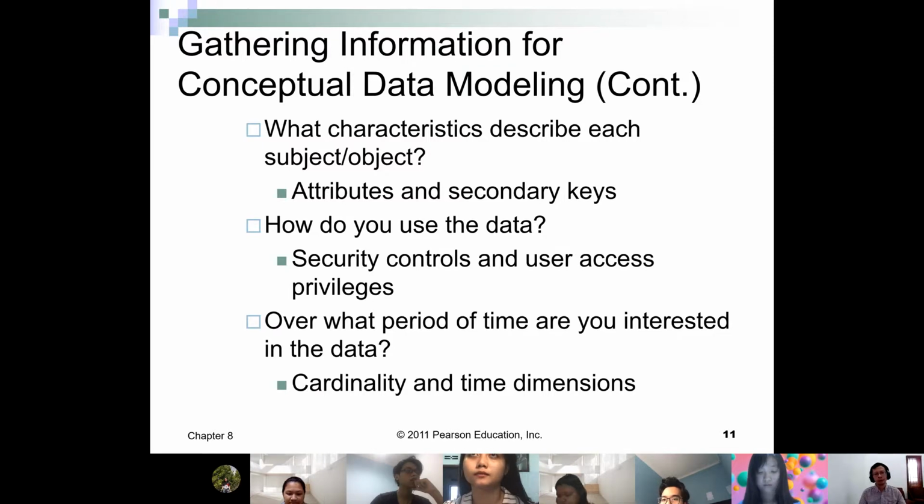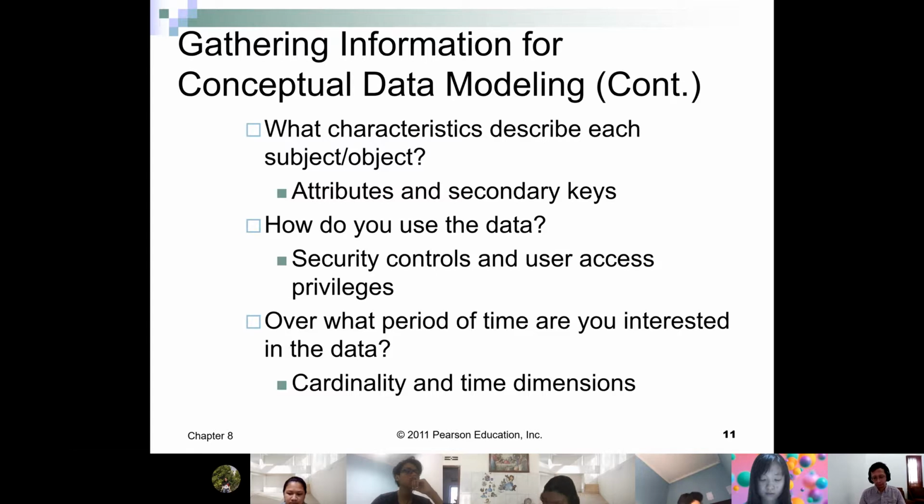How do you use the data? Security control and user access privilege. Could you access somebody else's data? How to prevent unauthorized users from accessing the data. For example, in your case with your academic record, whenever you log on into Siatma, you can see your own academic data.